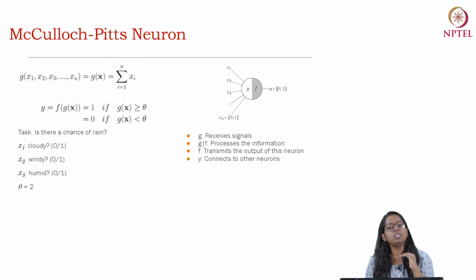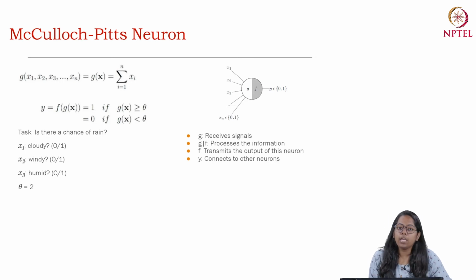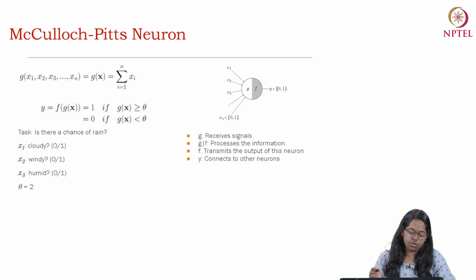And based on the values of these 3 attributes, we might want to take a decision of whether it will rain or not. Since these inputs are binary, that is whether it will be cloudy or not, windy or not, humid or not,